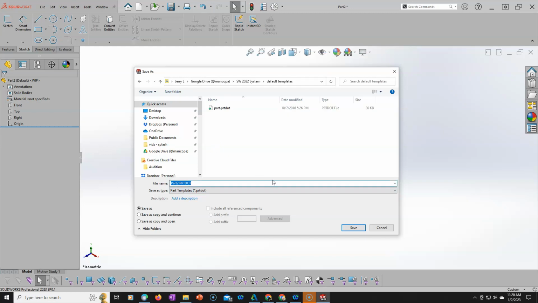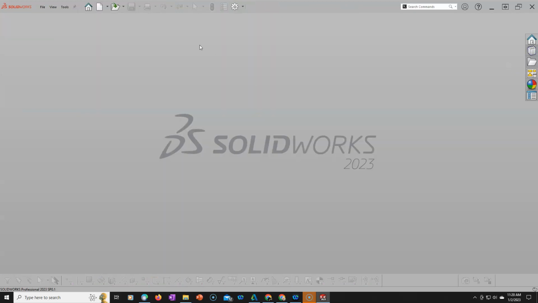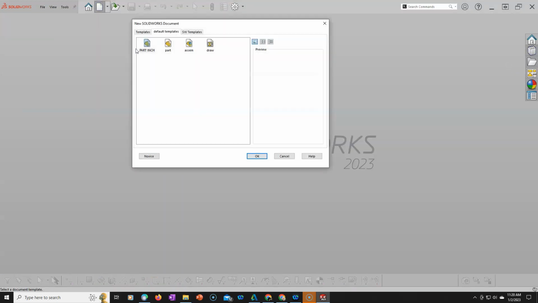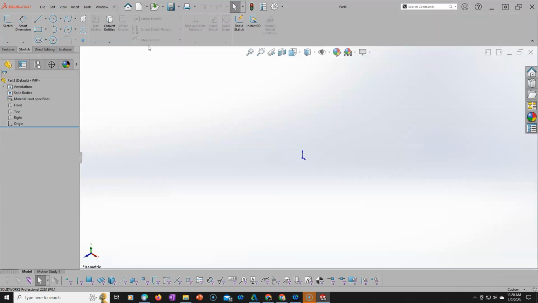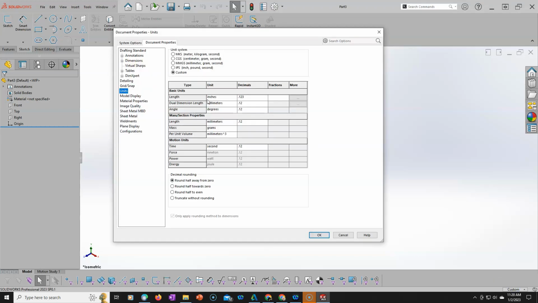So this is going to be my part inch. And to make a part metric, really all I'm doing is changing the documents and resaving this as a metric. So part inch. All right, we close that. We double check. Go into a new file. There's the template that I just created if I start with this one. And we come back and edit the document units. It was in millimeters first, so it was more for